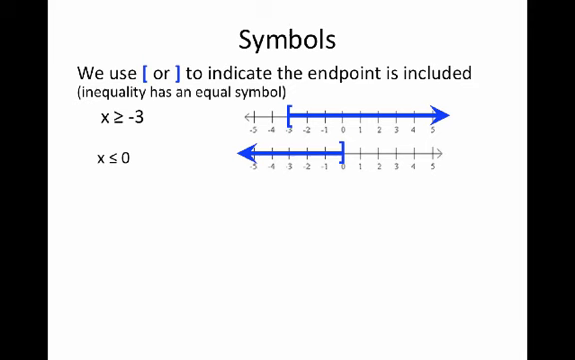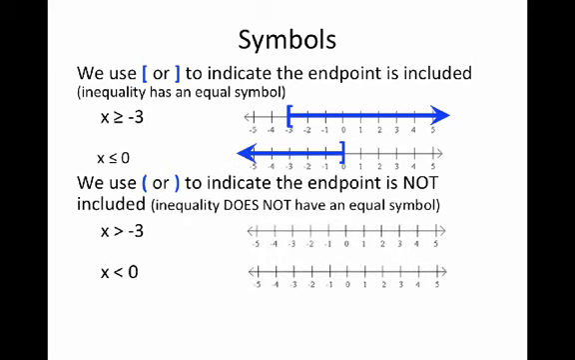We use a square bracket, but it points the other direction, and here we shade to the left. If the inequality does not have an equal symbol, we don't include the endpoint in the solution. So if x is greater than negative 3, we start at negative 3 on the number line, but we use a parentheses-like symbol to indicate that we don't include the value of negative 3 in our solution, but we shade